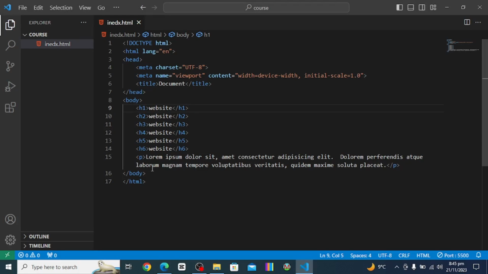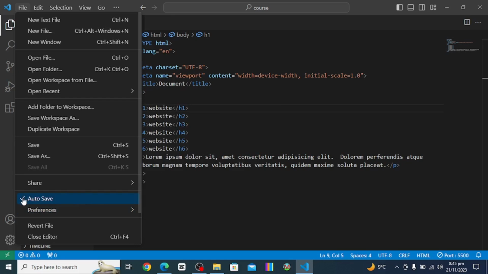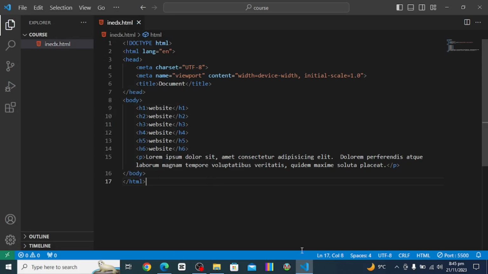But there is one option: you can go to File and click Auto Save, check it, like I have checked. If you check it, all your content will get saved automatically, and if you are using a computer and the light suddenly goes, don't be worried, because all your content will be saved automatically. So this is the main